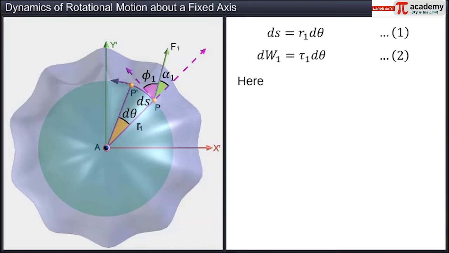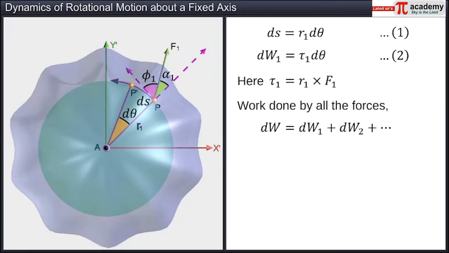Here, tau 1 is equal to r1 cross F1, the torque on the particle along the axis of rotation due to the force F1. If there is more than one force acting on the body, and the work done by different forces is represented by dW2, dW3, and so on, then the work done by all the forces acting on the body, dW, is equal to dW1 plus dW2 plus and so on,